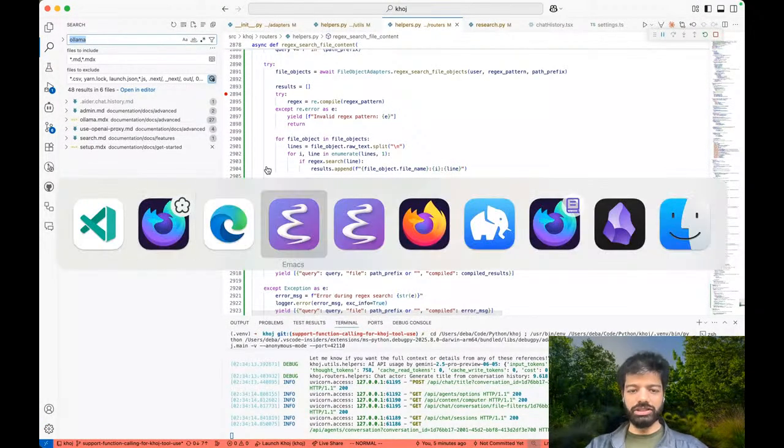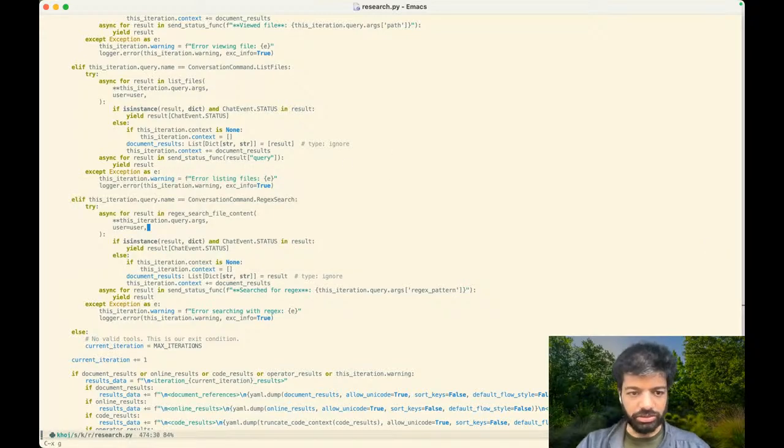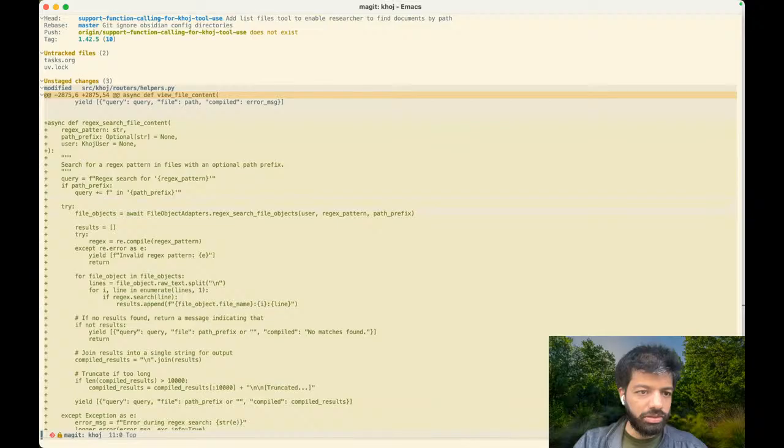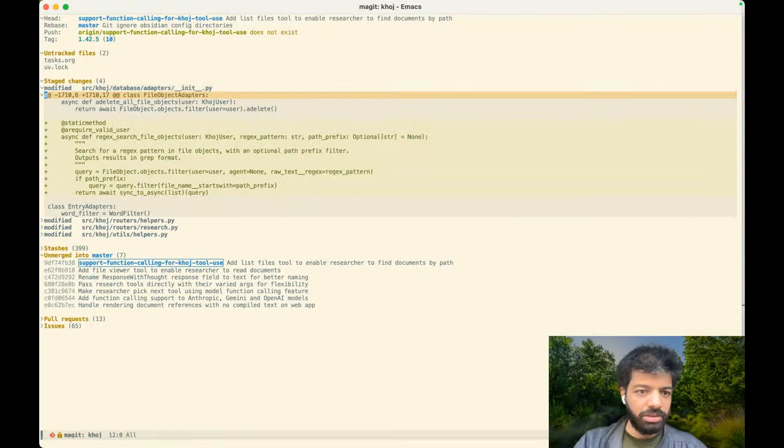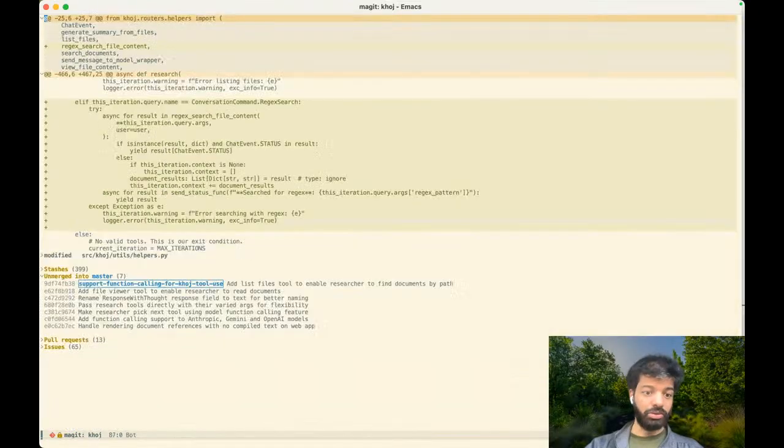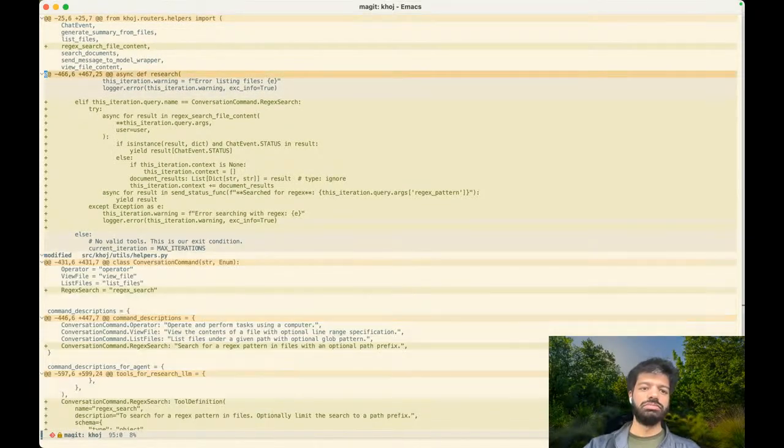Okay, great. So we've got this working. This is awesome. To summarize what we went through, I'm going to stage these things and commit them. For now, what we went through was first an overview of why we're building this thing, and where in Khoj we're building it.